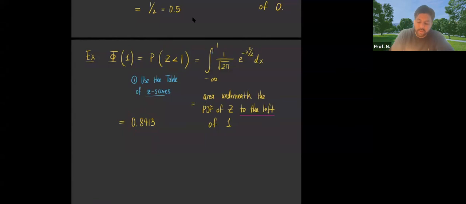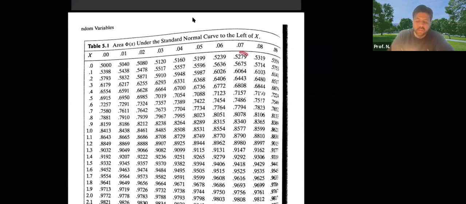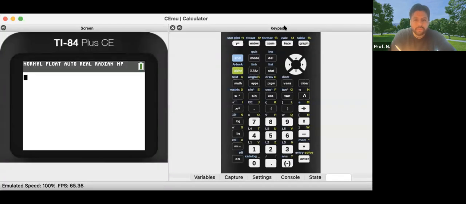So that's one way. The second way that I want to show you is using your calculator. And your calculator will be much more precise with the approximation than the table. The table only uses 4 decimal places. But of course, this is just an approximation, it's actually a truncated value. So let's see how we can use our calculator to help us out in this regard. If you have your TI-84, TI-83, it should work out. So when you have your TI-84,